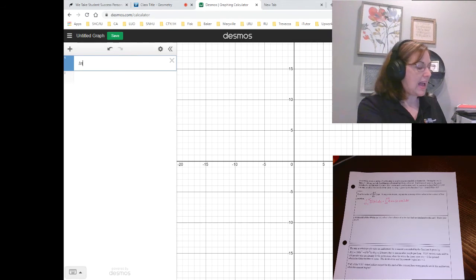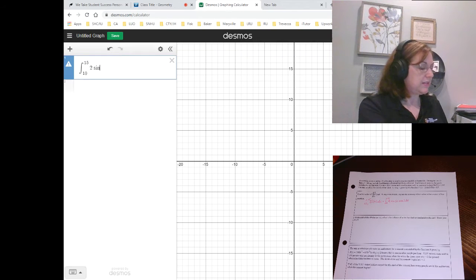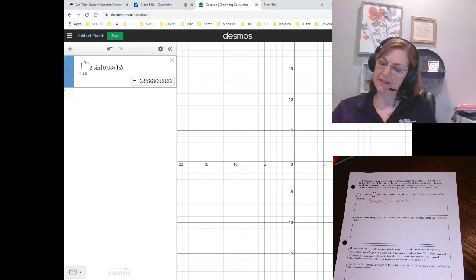Okay, so INT again for integral. Put in our bounds 10 to 15. And now we need to type in our function, which is 2 sine of 0.03t. Close it. Oops, remember Desmos only knows x and dx. And there we go. We get